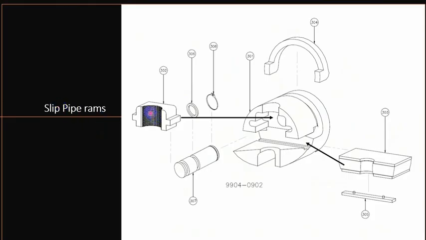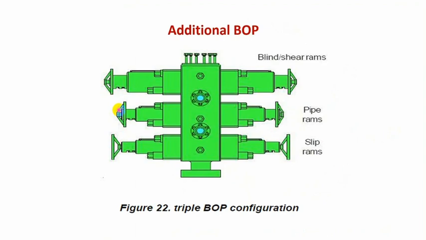This is a slip pipe ram, consists of slip ram and pipe ram, as the name indicates. This is a triple BOP. Triple BOP ram consists of blind shear ram. It combines blind and shear in one ram, and then pipe ram and then slip ram, or it may be reversed, slip ram and pipe